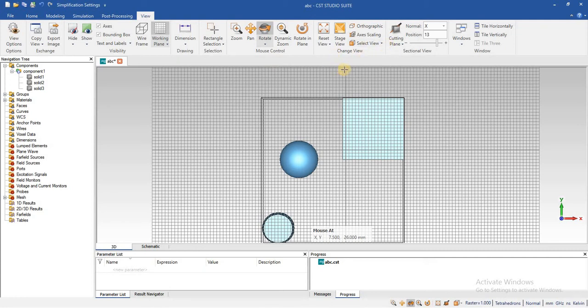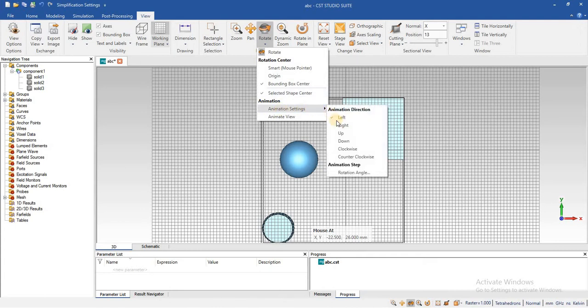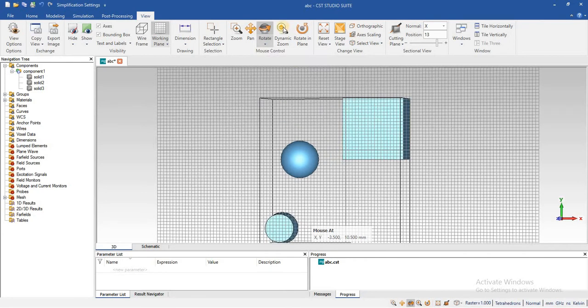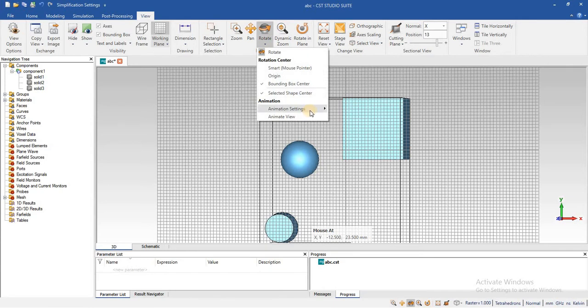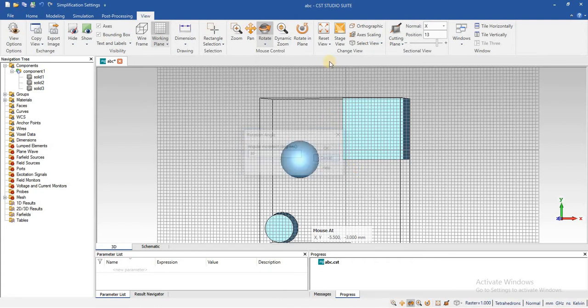The second one is how we can animate it. We can animate it by using a command from here. If we want to animate it left, just click on the position of animating, and you can also select the angle.